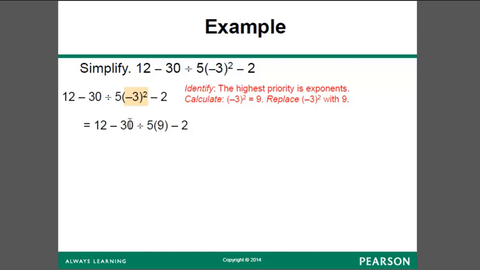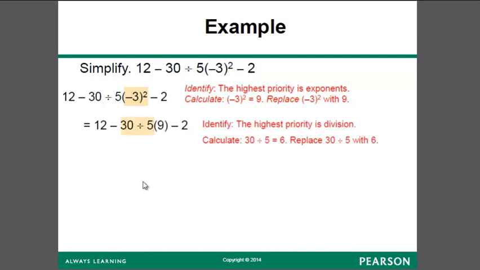So I look, and my first order of business is this 30 divided by 5. Extremely important. Make sure you do this first. When I take 30 divided by 5, I will get 6, as I've done here. Notice I did not do the 5 times 9, which seems natural to us, but that does not follow our order of operations. Make sure that you do it in order from left to right, because this division does come before this